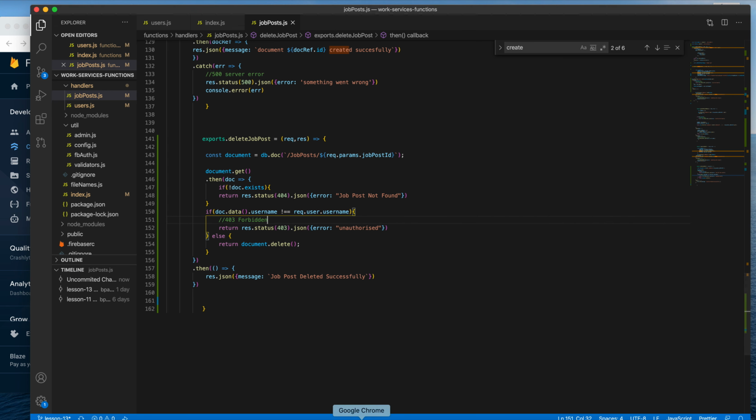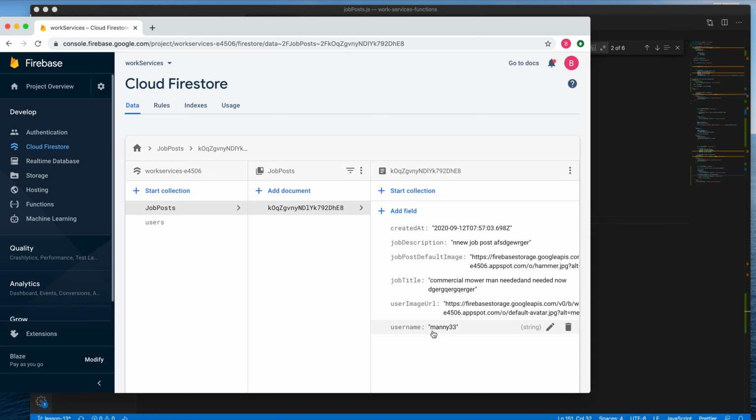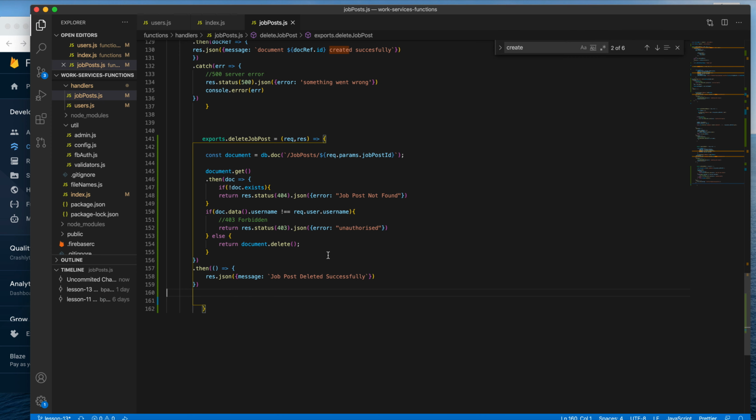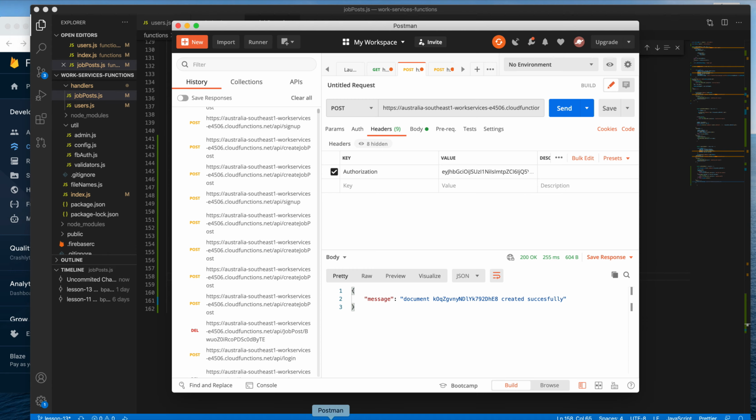So as I just showed you, each job post has a username in there. So that's how we get this. And so if we try and delete someone else's, it's going to return unauthorized. And if it is ours, then we're just going to return document.delete, and once that goes through successfully, we'll return this JSON, job post deleted successfully. So we'll come back into Postman,